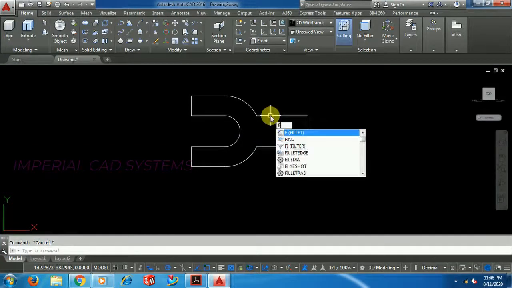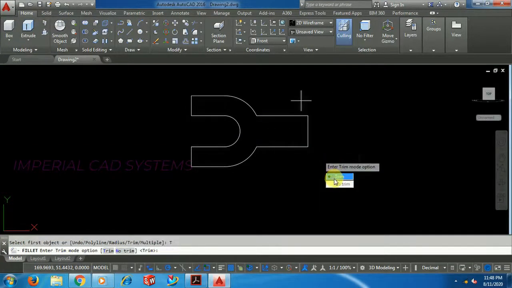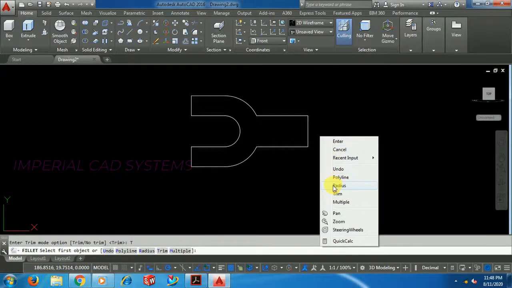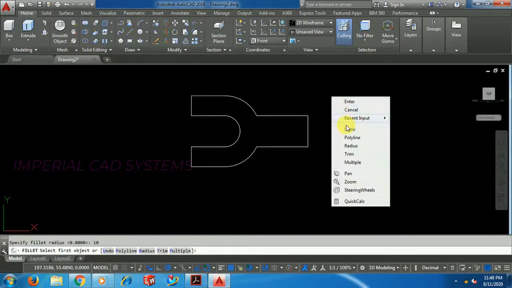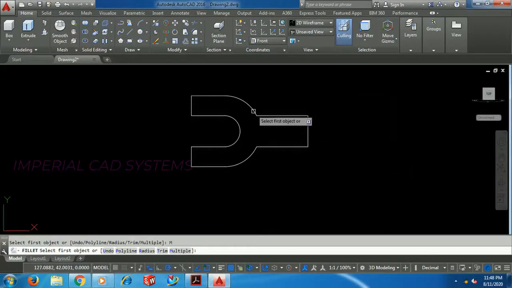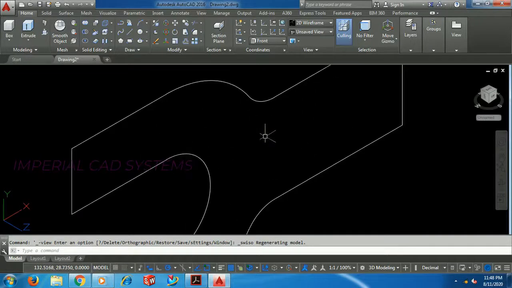Fillet F, enter, right click, trim option, right click, radius 10, right click, select multiple, 1 and 2, 1 and 2. Okay, fine. Then get into Southwest SW isometric. Okay.